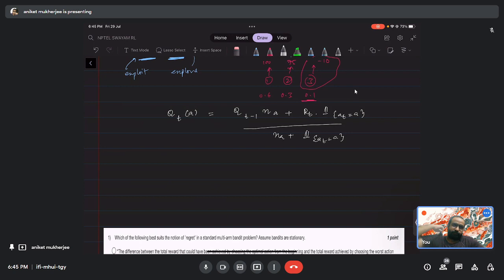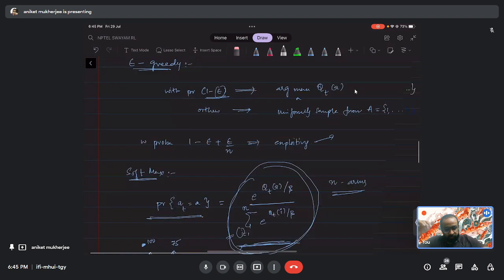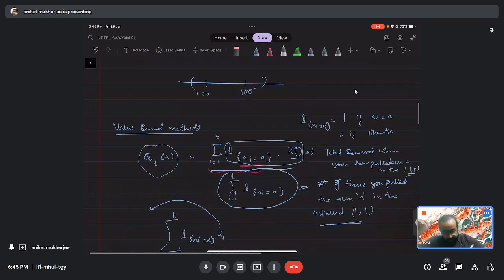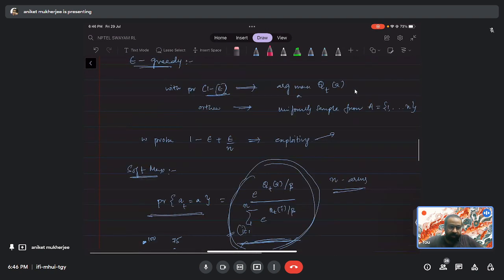Since you are doing sample average for a lot of time, while doing coding you'll sometimes run into a memory problem. You don't need to store each and every reward that you have drawn at each and every time, and you don't need to remember at what instant my arm was picked and calculate this whole formula every time. You don't need to remember all of these things, because you might run into a memory problem